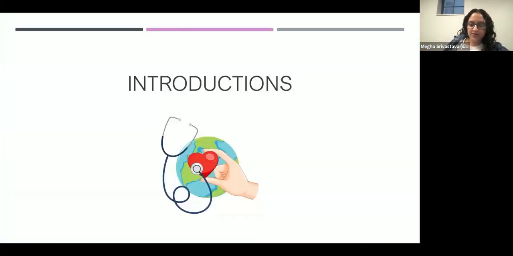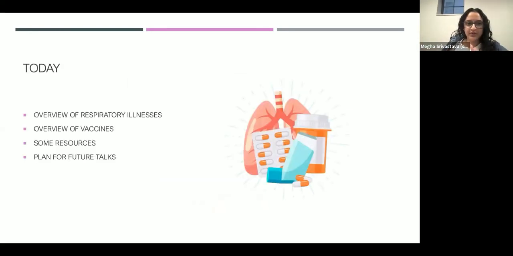First and foremost, my name is Dr. Shrivastava, or Megha. I'm a resident at Mount Sinai. I've done family medicine training prior to this at Columbia. I'll likely be doing an addiction medicine fellowship after this for a year. So I have about a year and a half left at this current preventive medicine residency at Mount Sinai. We get a master's in public health and we do a lot of health equity work and prevention work. That's really our focus. Today, like I said, overview, we'll go through vaccines just a little bit and then some